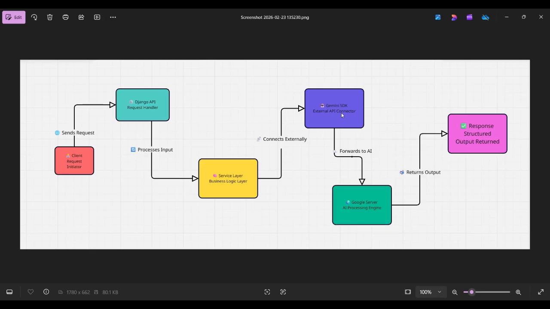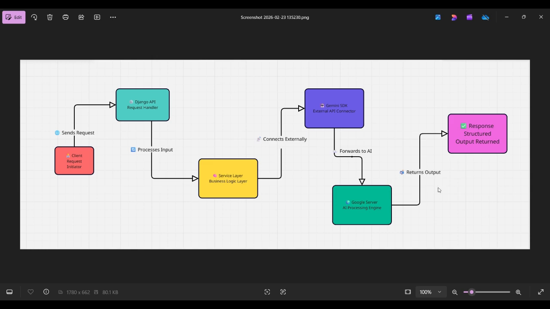Now the Gemini SDK sends a secure HTTPS request to the Google Gemini server along with the API key for authentication. Then the Gemini model processes the request and prompt, generates a response using its language model, and sends the result back to my Django backend.